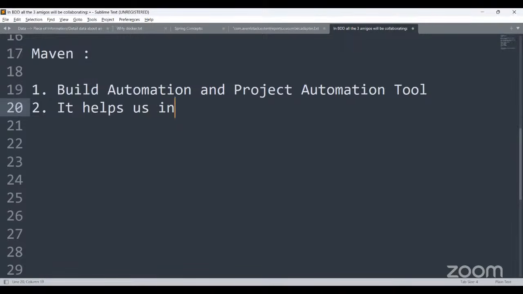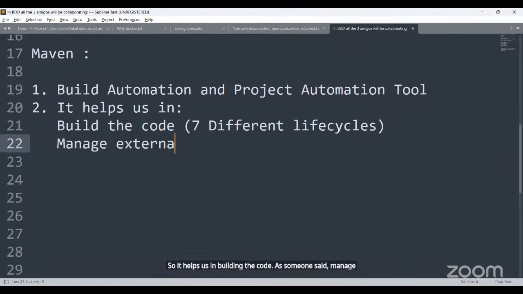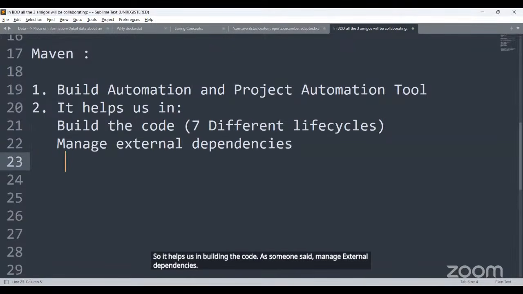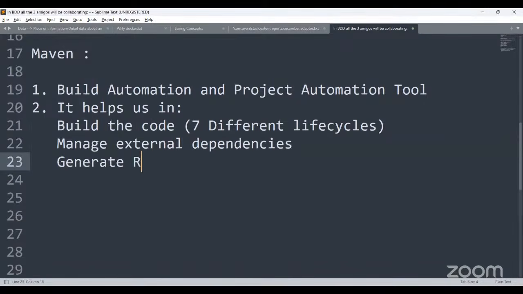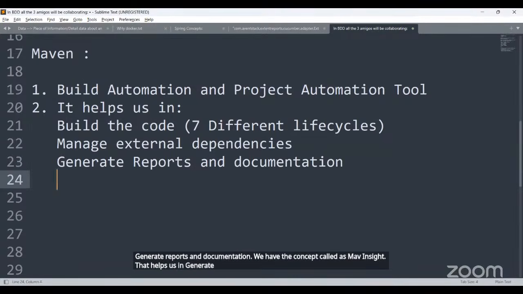It helps us in building the code, because in Maven we have 7 different life cycles. So it helps us in building the code. As someone said, manage external dependencies, generate reports and documentation. We have the concept called Maven site that helps us generate reports and documentation,